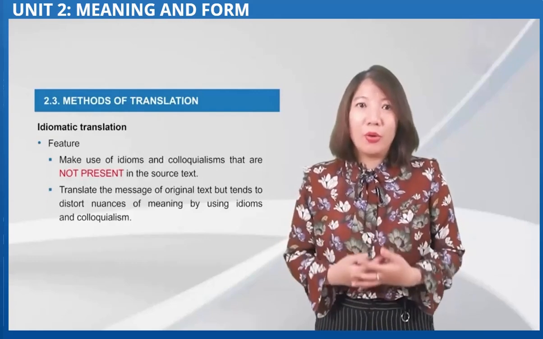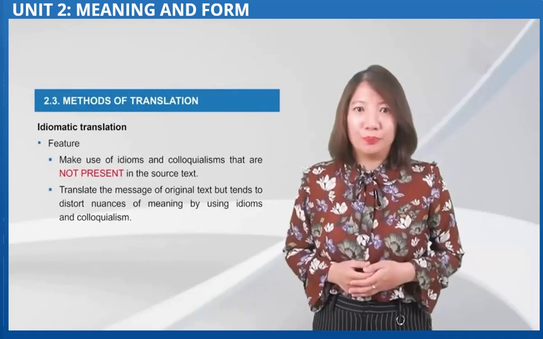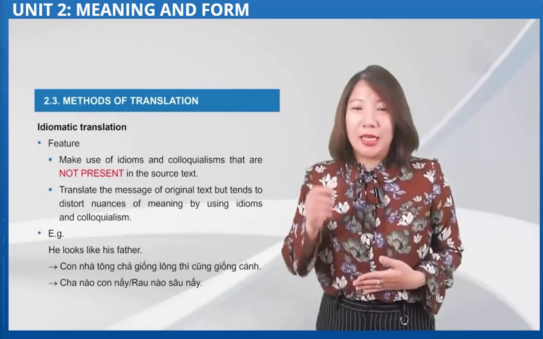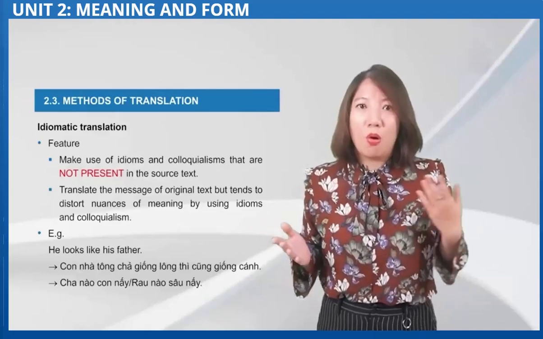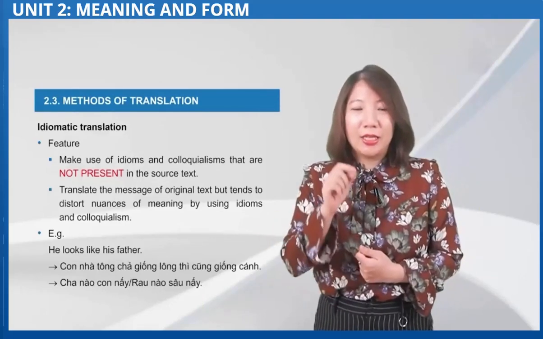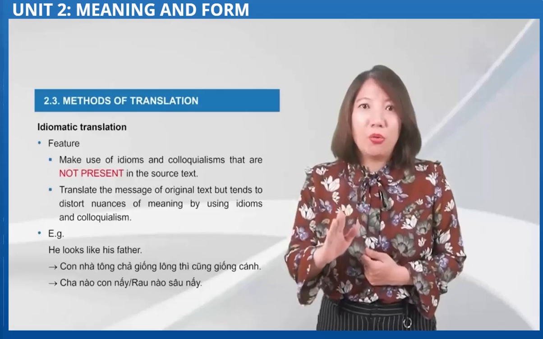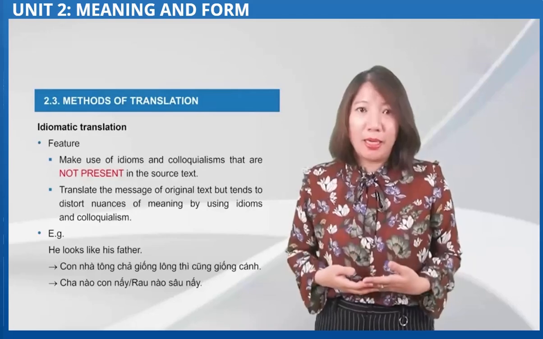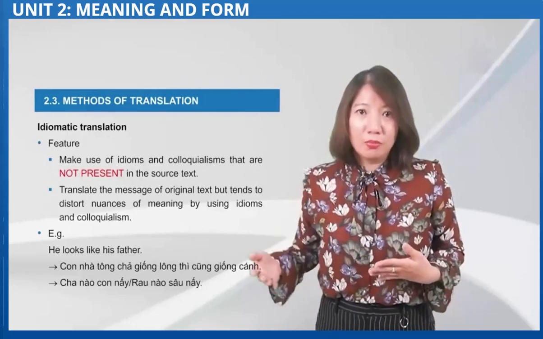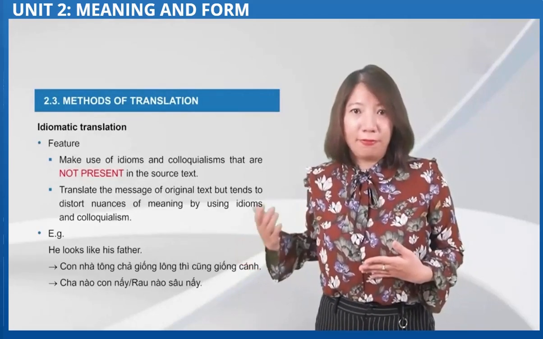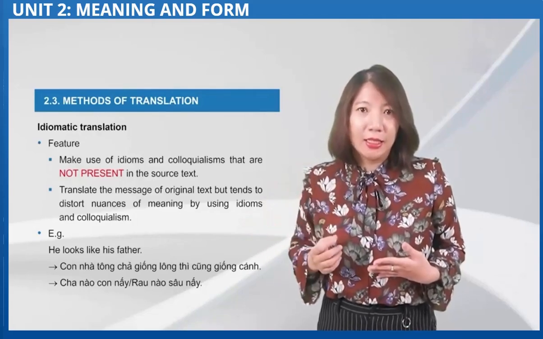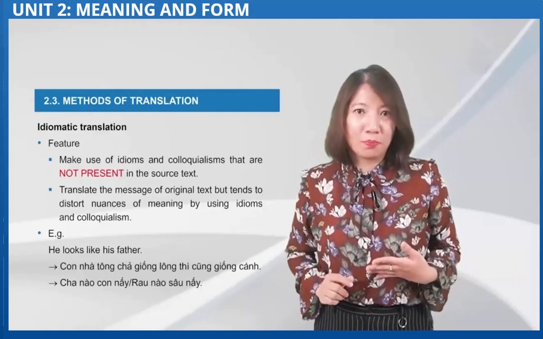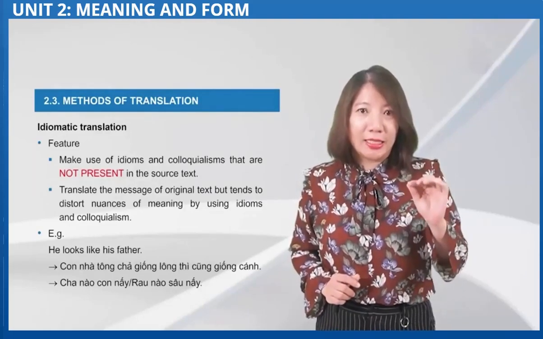Now, how can we do that? Let's look at the example. He looks like his father. This sentence is itself not positive or negative. And this sentence or this text contains no idiom. But under this method, idiomatic translation, it could be translated as con nhà tông chả giống lông thì cũng giống cánh. If the translator decides that this sentence should express a positive aspect of meaning,